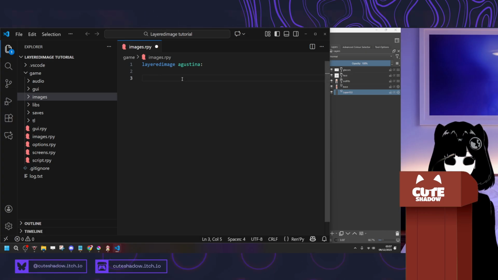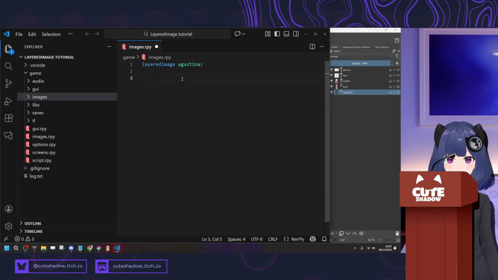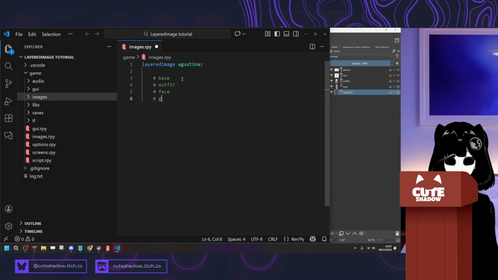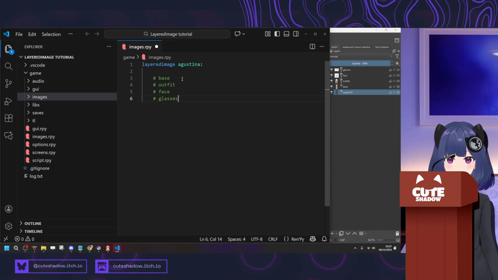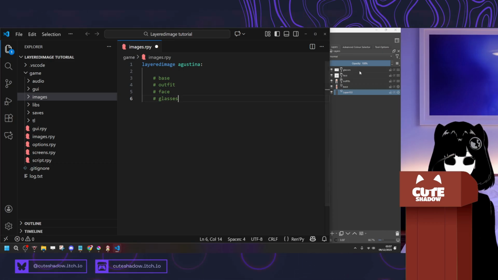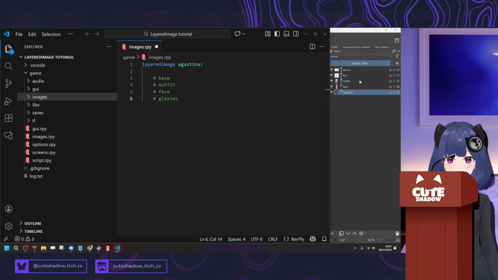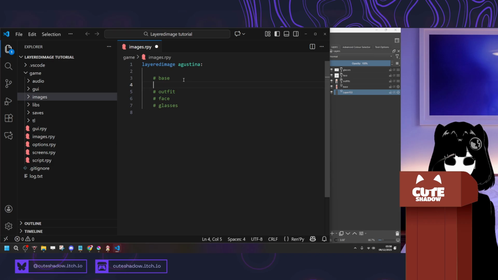When we're defining the layered image, the order is the order in which we write the layers. So we have the first layer, base, and then we have our outfit, our face, and then the glasses. So it's kind of backwards from what it is in the art program, just because that's the order it draws them in. The base,